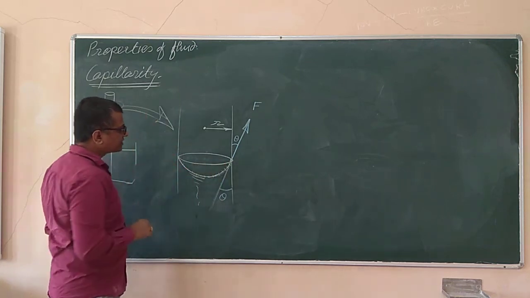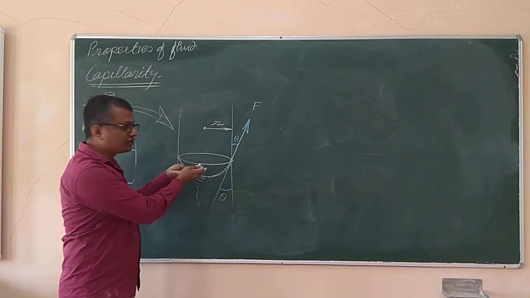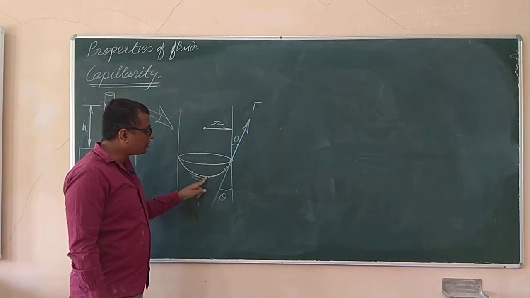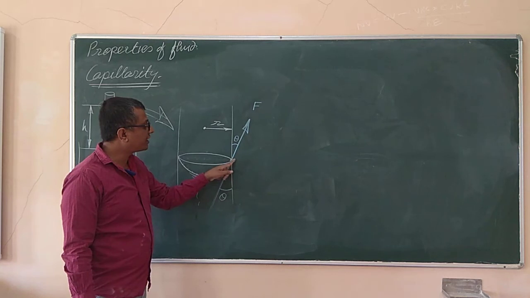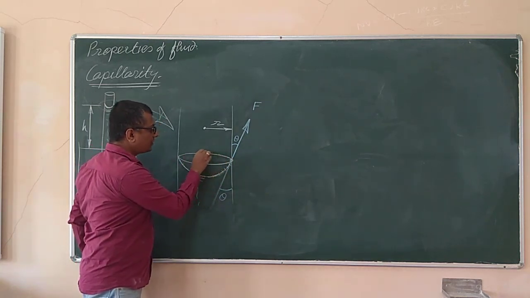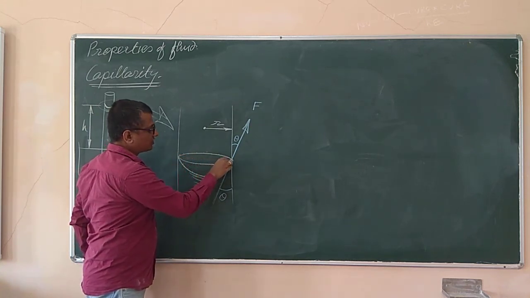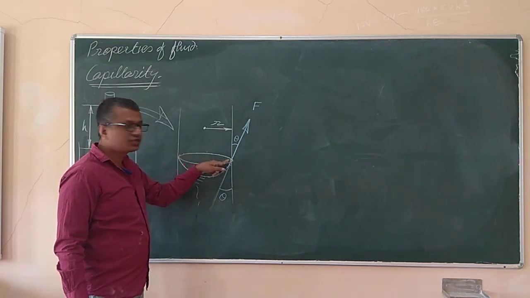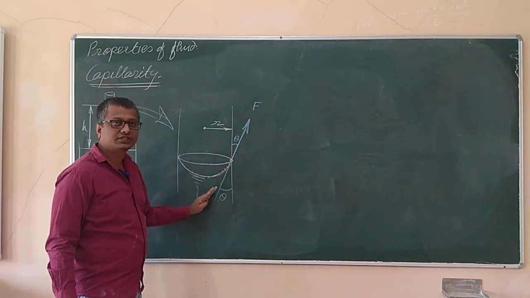See, I have highlighted the circle. There is a rise of liquid level in the capillary tube. The curvature will be something like this. The actual point of contact of the liquid with the solid and with the air is over here. If I collect all these molecules, I will get a circular ring at the top over here. At every particle on that circular ring, the force due to the surface tension will be acting, in the direction tangent to the free liquid surface. It's over here.